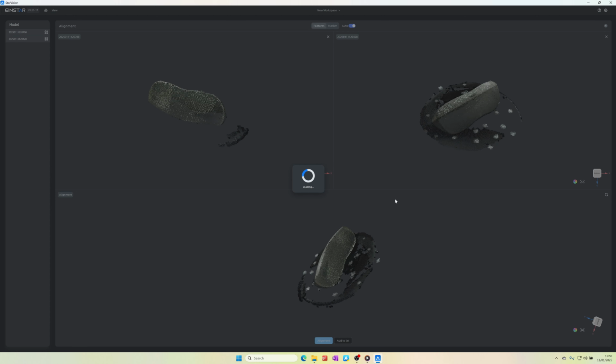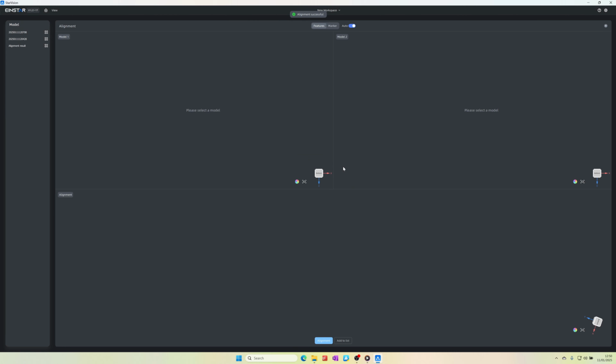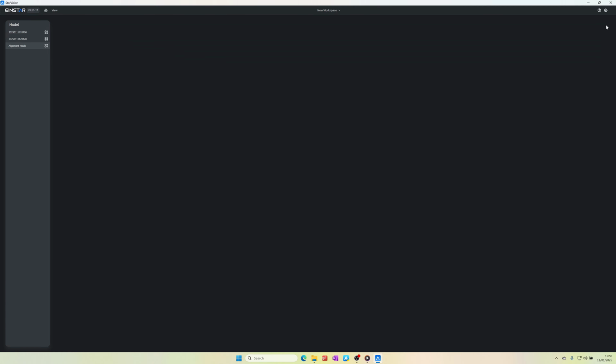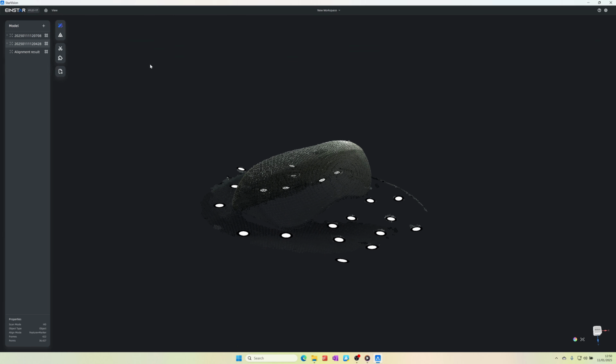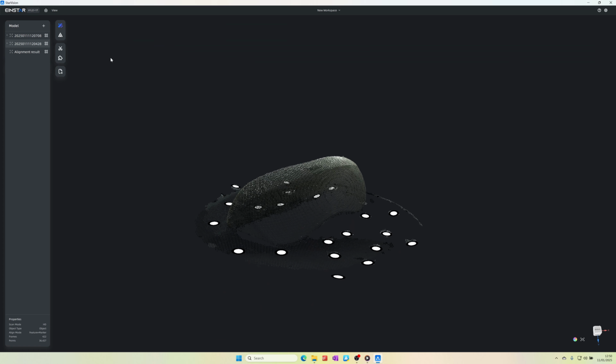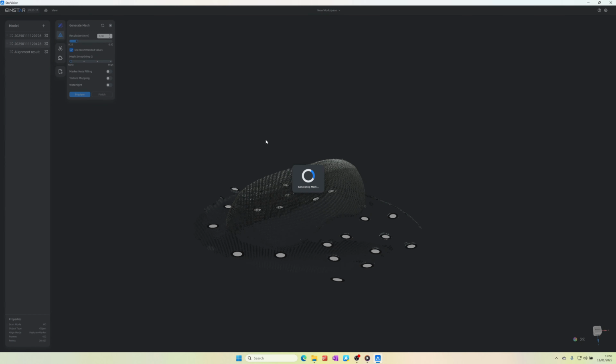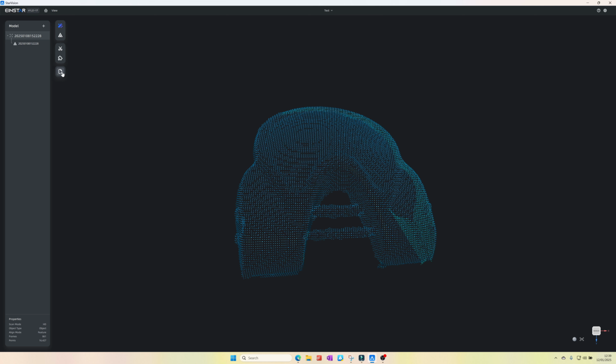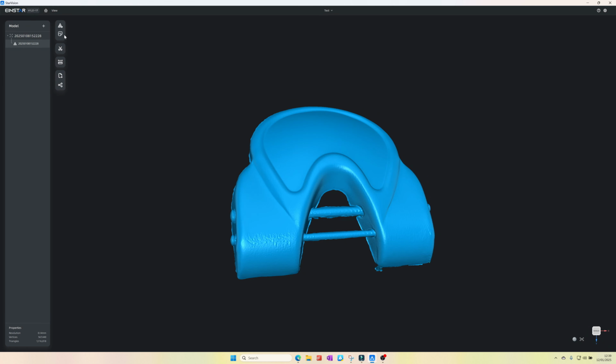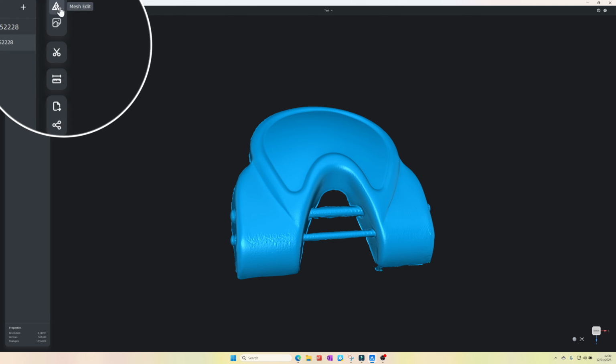For example, if you scan the top and then the bottom, hidden during the first scan, 2 separate documents are created. With this command, you can merge the 2 scans, though only 2 at a time. This can be done automatically or manually. In tests, automatic alignment succeeded only once with this software. Manual alignment with Starvision works well if there are common points between the scans, allowing the 2 models to be aligned and merged. Finally, there's export. In mesh mode, there are slightly different tools, such as mesh editing options,